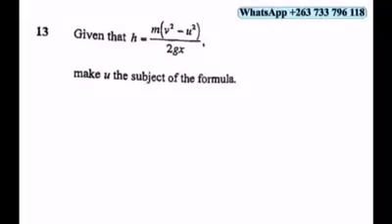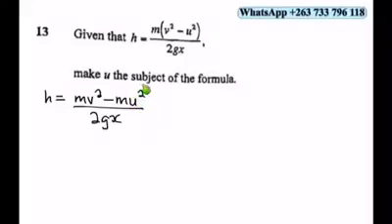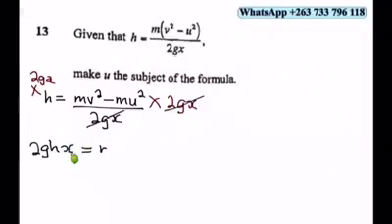Number 13, make u the subject of the formula. So h is equal to m bracket v squared minus u squared over 2gx. So the first thing is to expand the bracket. Let me expand the bracket here. You can see that m multiplies everything in the bracket. And the next step is to remove this denominator, times 2gx both sides. So this will remove 2gx here. 2gx will multiply h, so this is our h, it will become 2ghx is equal to mv squared minus mu